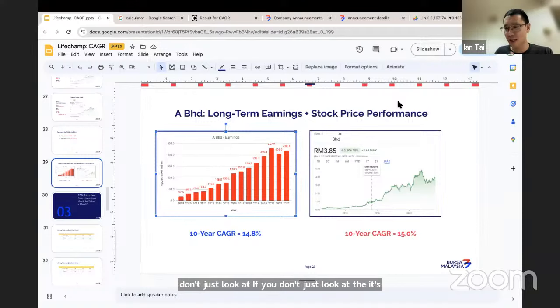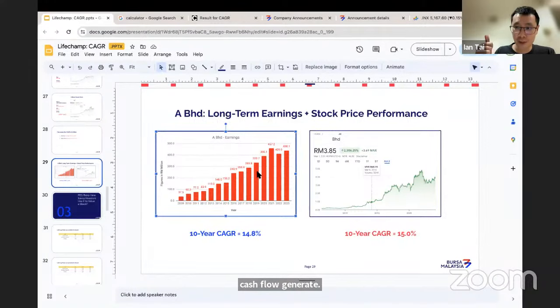It's not nice to name names lah, but some companies may actually give you good profits like this. My way to assess if these earnings are legit is to look at operating cash flow. So I also want to look at its accounts, not just its income statement. I also want to look at its cash flow statement to see whether the stock is cash flow generative. If the stock is both profitable and operating cash flows are very good, then very unlikely this will be